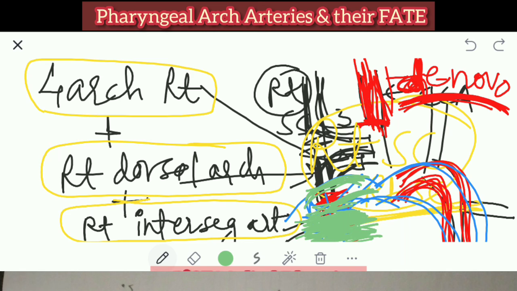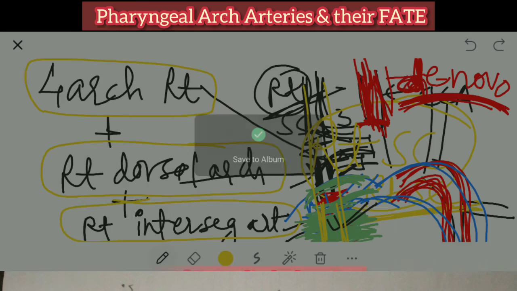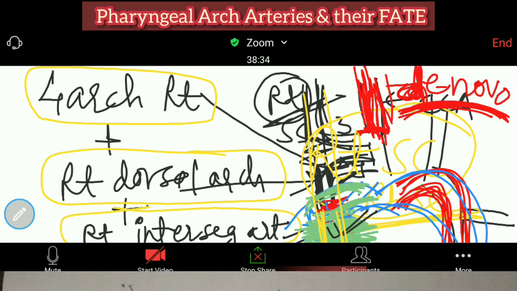And this is a manufacturing defect, meaning it's an anomaly. So what do you conclude? Persistence of the distal portion of the right sided dorsal arch leads to this. And what will happen? It will compress the trachea because it's in the middle part. So it will compress the trachea and esophagus, and it will lead to dysphagia and dyspnea. Understood? Simple to understand? Okay. So we end this session for today. If you have any doubt, you can ask me. Do you have any doubt?